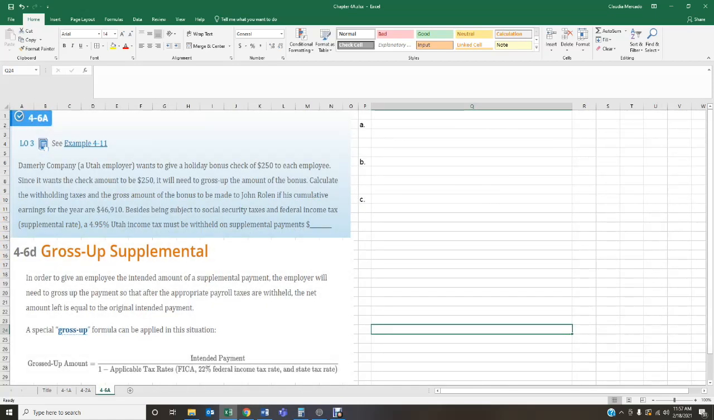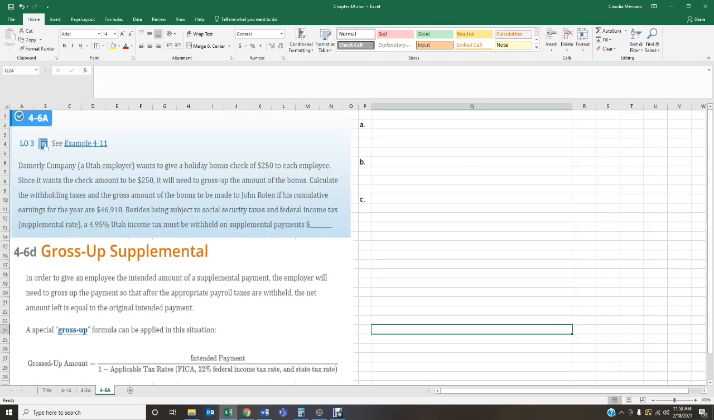It says, Damerly Company, a Utah employer, wants to give a holiday bonus check of $250 to each employee. So that is wonderful. They want to give a bonus, and they want that check to be specifically $250 for each employee. Since he wants the check amount to be $250, we need to gross up the amount of the bonus. We have to calculate the withholding taxes and the gross amount of the bonus to be made to John Rowland if his cumulative earnings for the year are